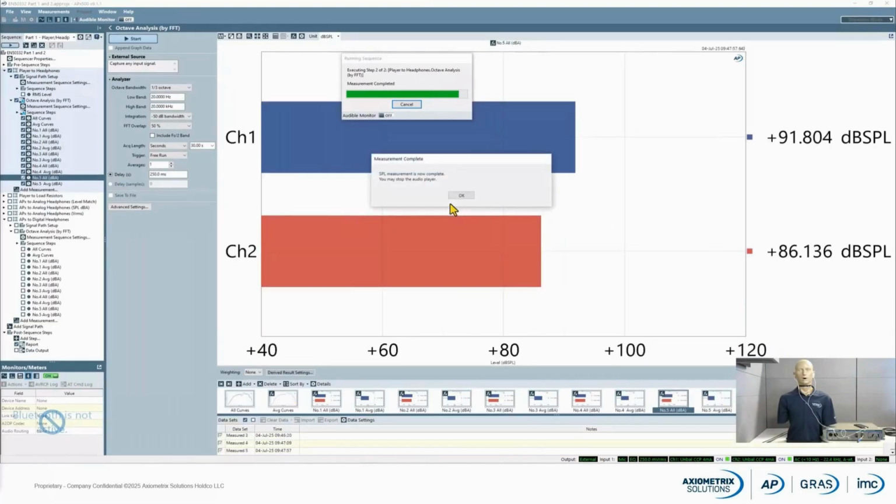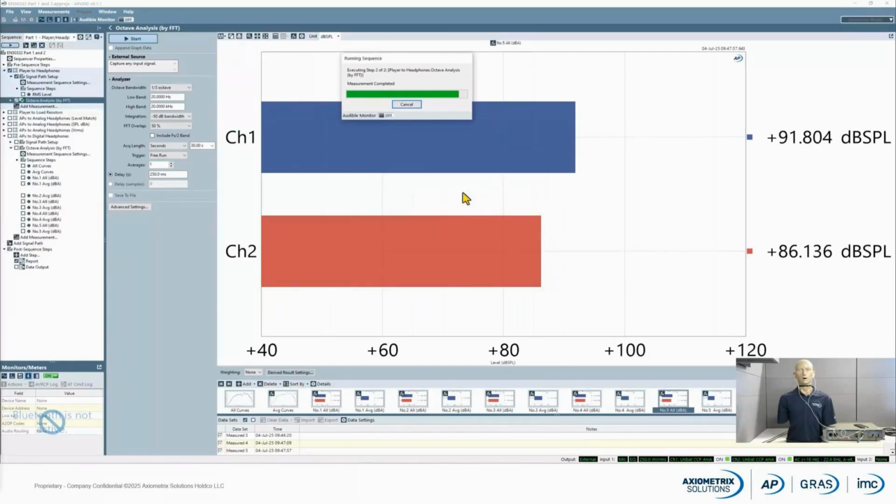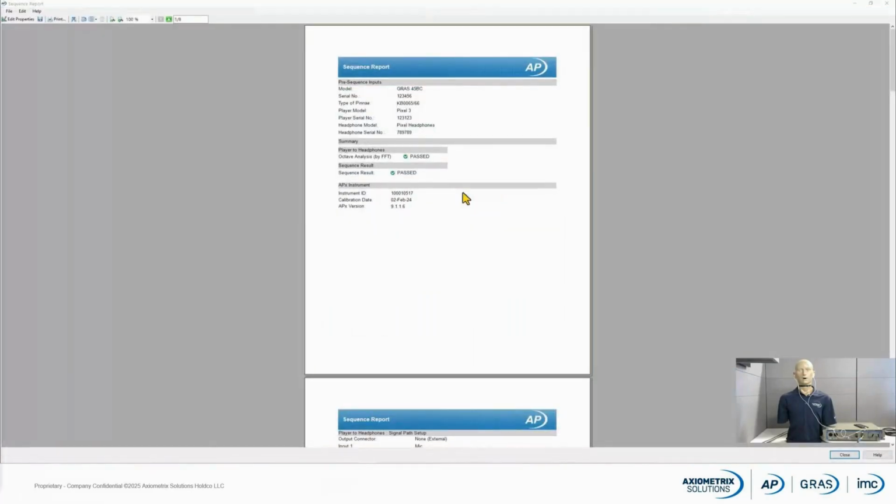So now our measurement is complete. So I'm going to go ahead and stop the audio on the PMP. And here we have a report. And so you can see that at the top, these are from all the prompts that we had at the beginning. And instead of going through the results displaying the report, I'm just going to go ahead and show you